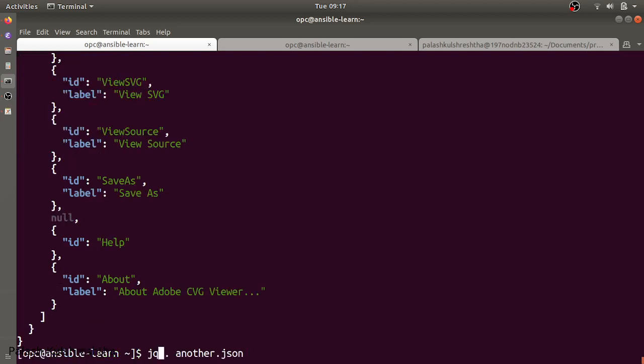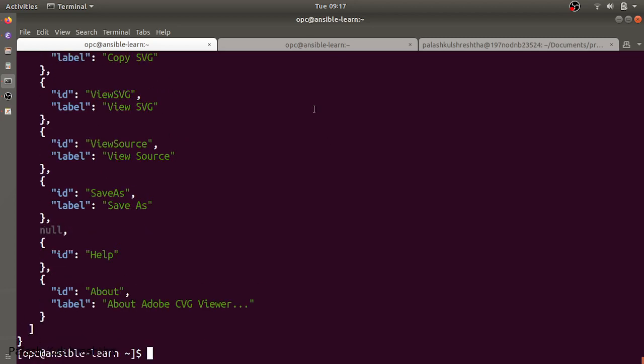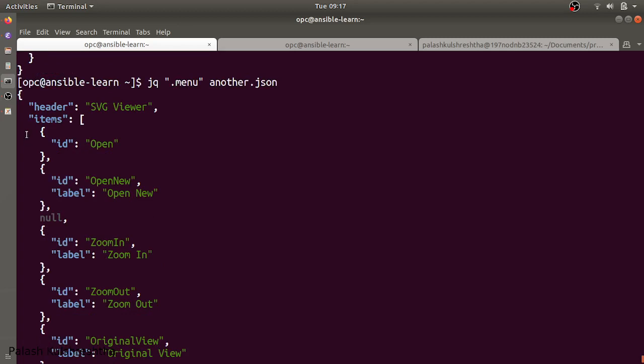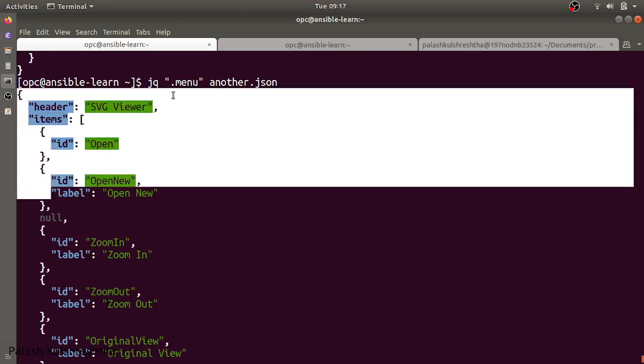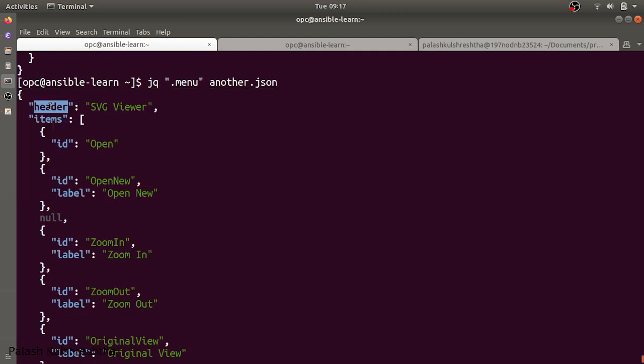Now let's try to query the menu object. The way to query the menu object is you start with a dot and then write the key. For example, menu is a key. Let's try to see what happens when we do dot menu. It is giving us the data inside the menu key. Let's try to get the data inside the header key inside menu.